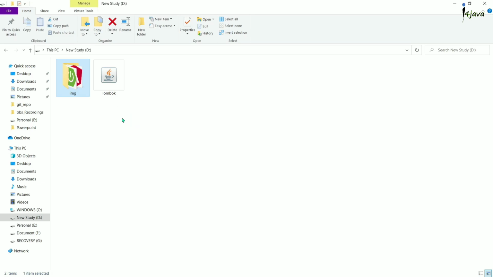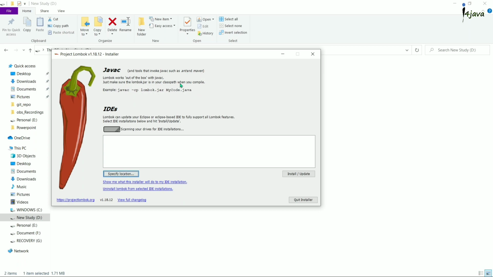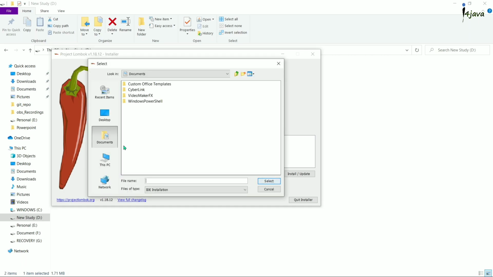Okay, let's click on the downloaded jar. This pop-up window will open. Here it is scanning our drive. Suppose it does not pick it up automatically, you can click here and specify the location. Go to your drive where you installed your Eclipse IDE.